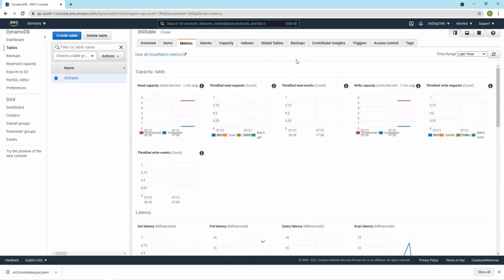That means if you are writing 2 KB of data, you are not writing 4 KB of data, then also the throughput used is for 4 KB. And similarly for read, I think read capacity is 4 KB. If you are reading 2 KB of data, the throughput used is for 4 KB.